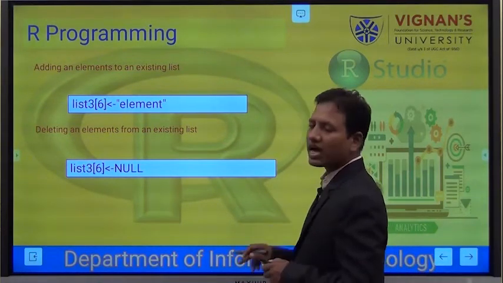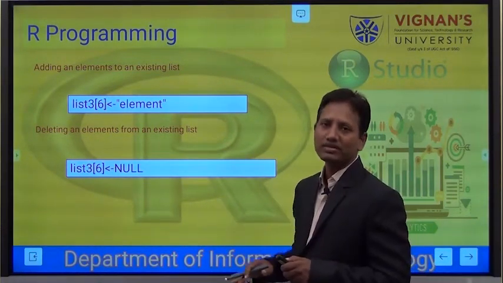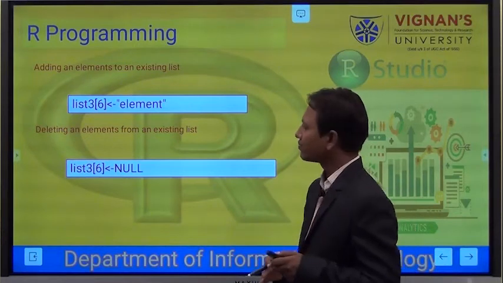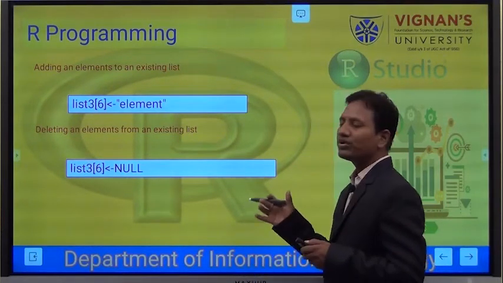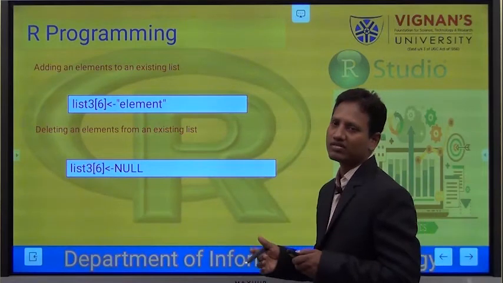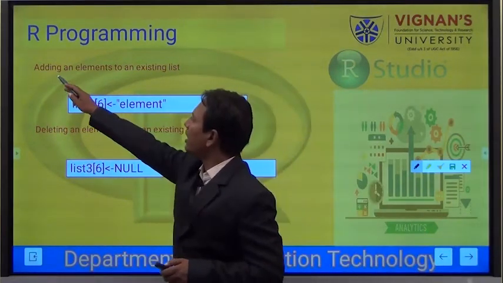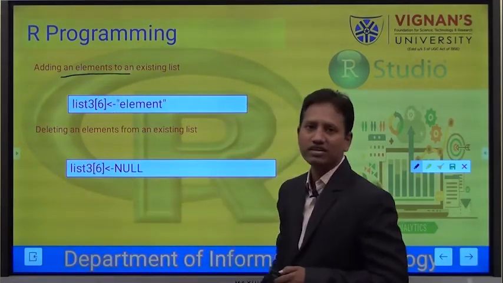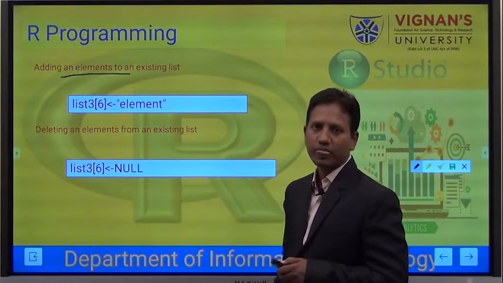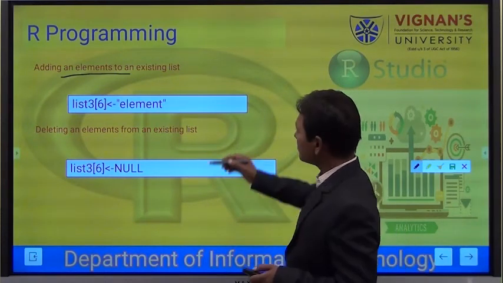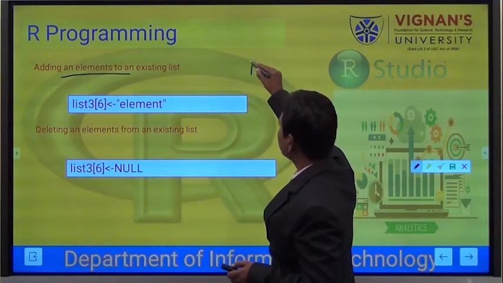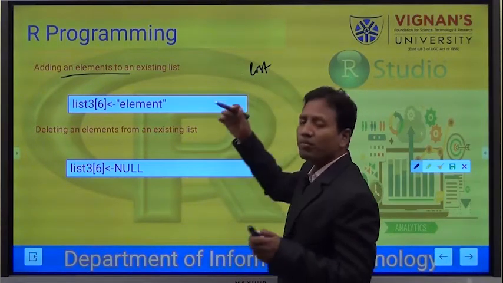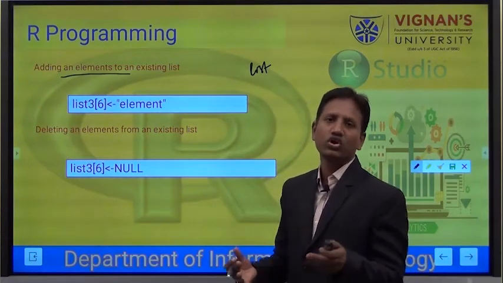Now we'll see how to add a new element into a list and how to delete an element from the list. So first, adding a new element to an existing list. A list is nothing but a combination of different data objects.